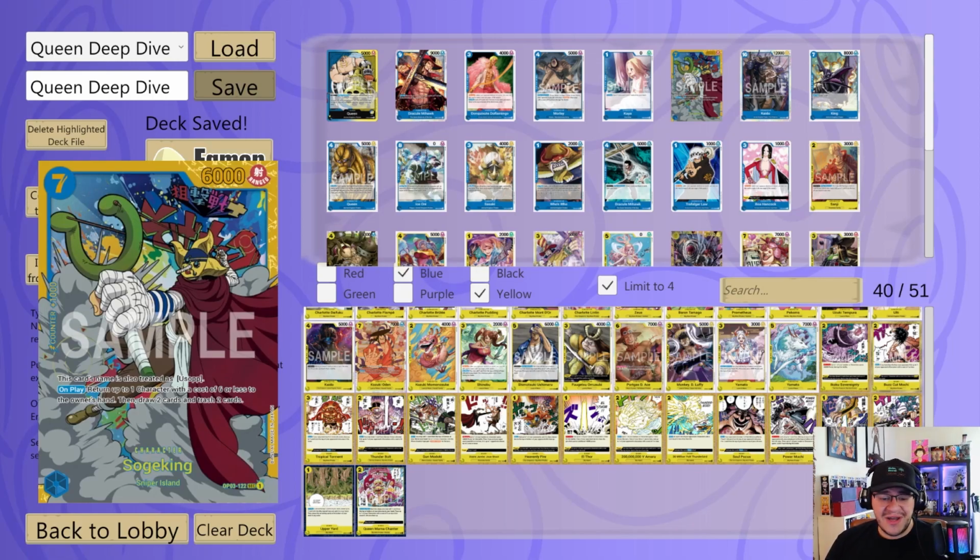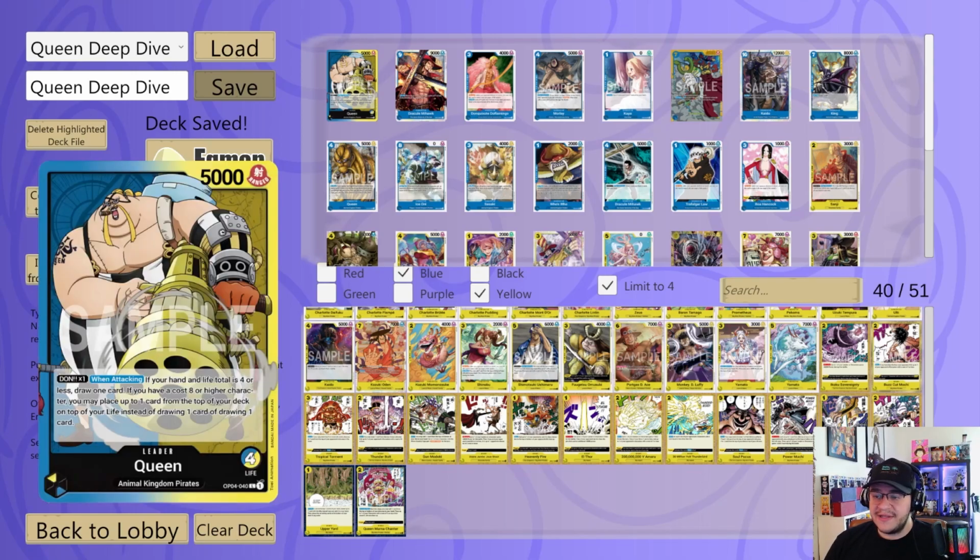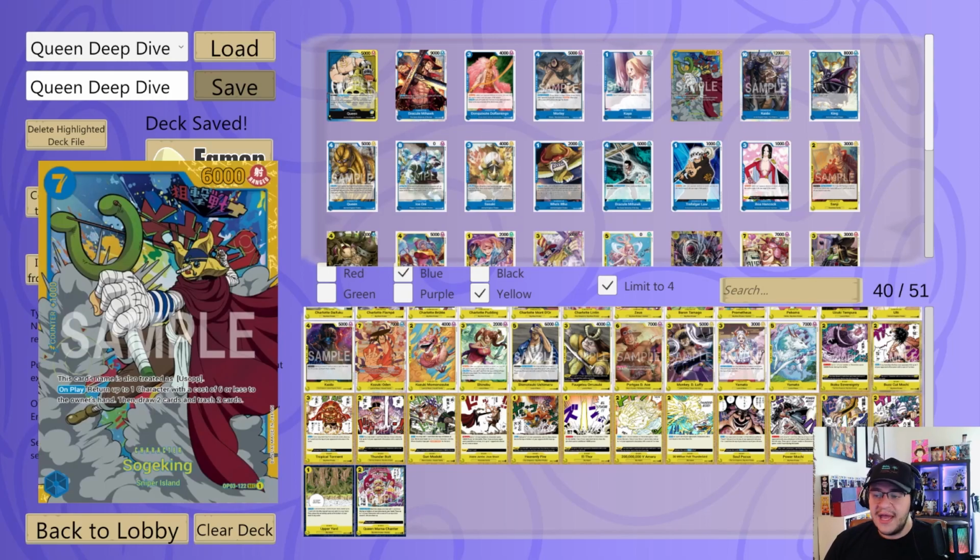On play, return a character with a cost of 6 or less to the owner's hand, then draw 2 and trash 2. I mean, it's just Kaya, but you also get a big body and you get to bounce something. I like this card a lot in Queen, especially because you like to go first and get that odd DON curve, and a lot of the times you're just kind of playing blockers, and then on your 7 DON turn